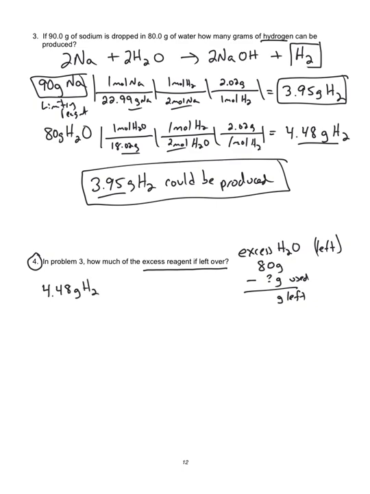We cannot attain 4.48 grams of hydrogen because once we get to 3.95 grams, we have fully consumed the sodium. So if I subtract the two values of the hydrogen, we can figure out the amount of product that is not attainable because the limiting reactant has run out. If I subtract these two, 0.53 grams of hydrogen would be the amount of hydrogen that could not be produced because the limiting reactant has